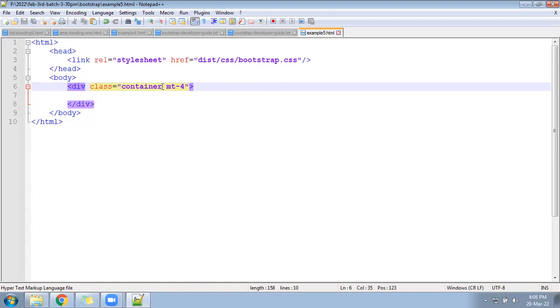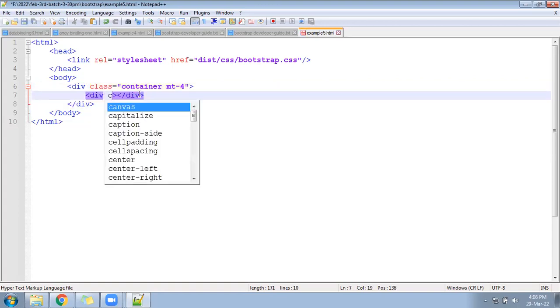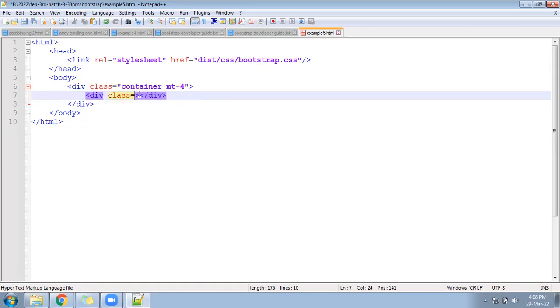Next, after that, write a row inside. Class equal to row. It is compulsory every time. Whenever you create a container, there must be a row. Comment will be more helpful if you are writing the comment.